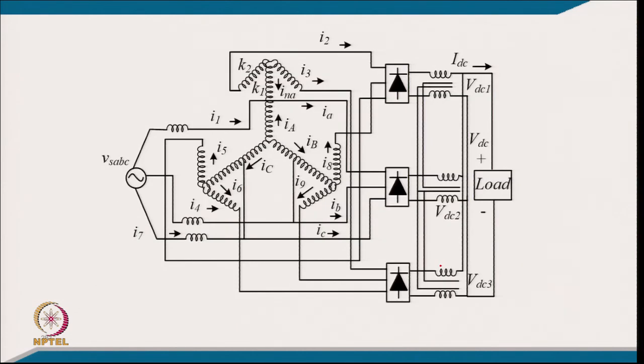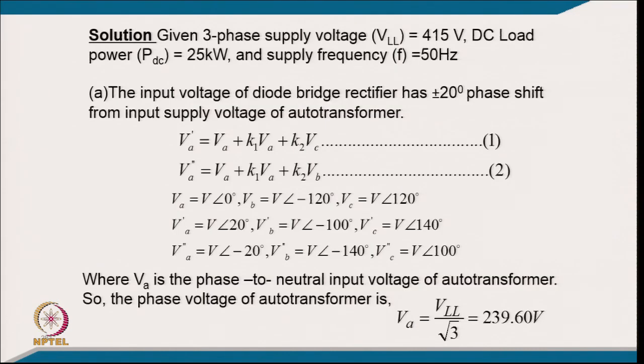So, this is typically the connection for 18 pulse configuration with plus minus 20 degree phase shift, with this fork kind of, typically the umbrella kind of connections. One we are taking original, another we are giving the phase shift with respect to that, but we are making sure in design that all the voltages at the rectifier input are of the same magnitude. Why do we have to use an interphase transformer? Because we have to distribute the current in all the 3 bridges. So, for the given 3 phase supply of 415 volt, 25 kW and 50 hertz,